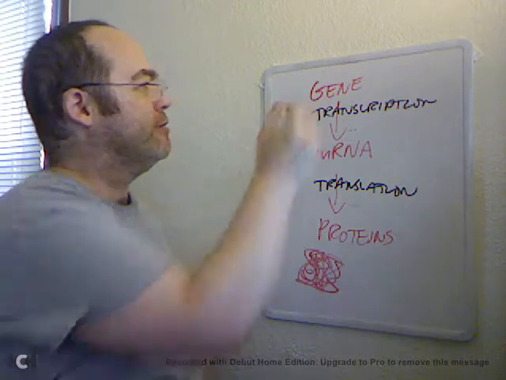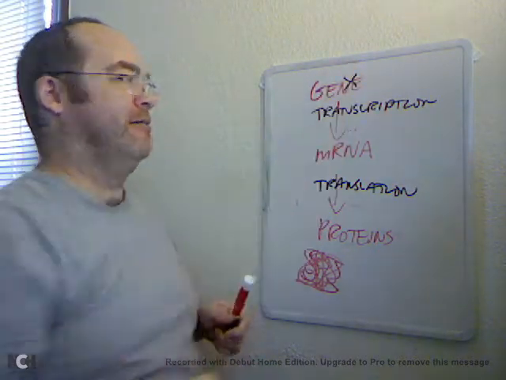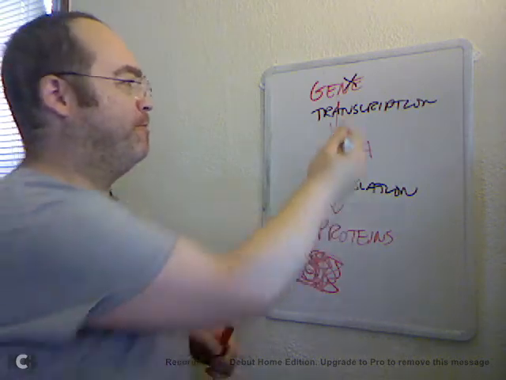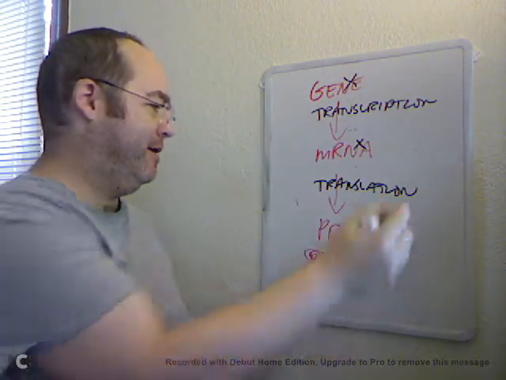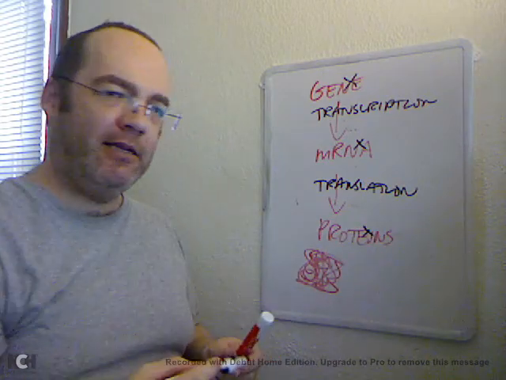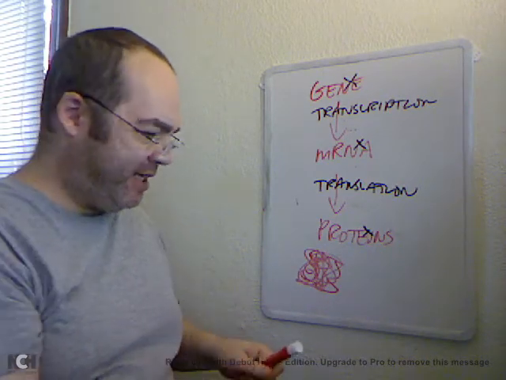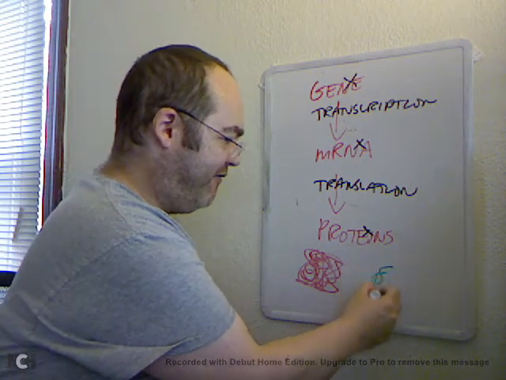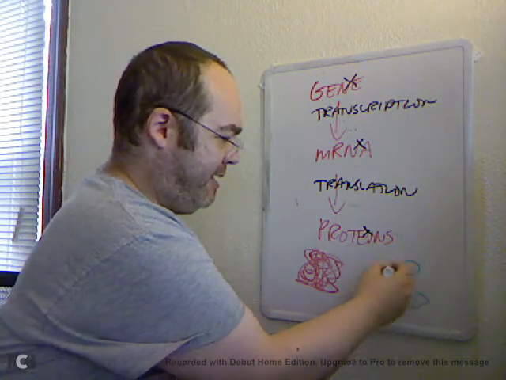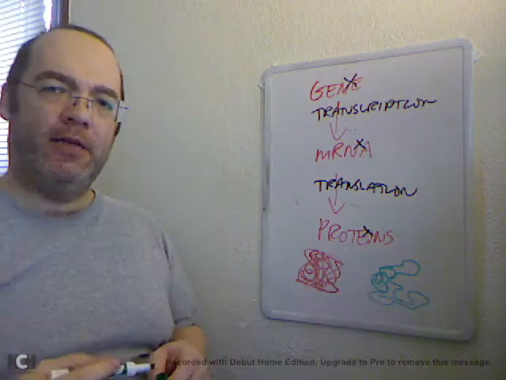You change, say, a letter in the gene sequence, you change a codon in the messenger RNA, you change an amino acid in the protein, and now you have a protein that folds up in a different way